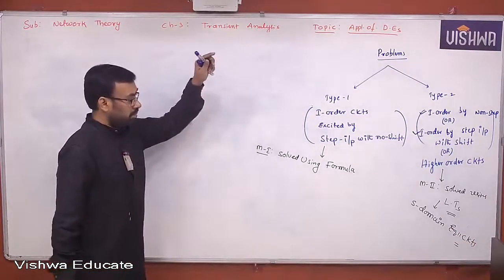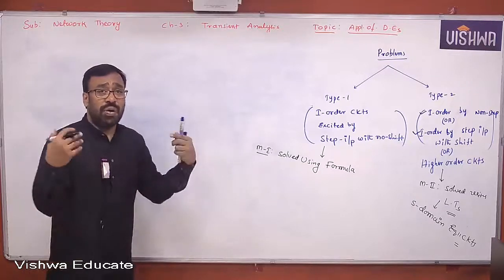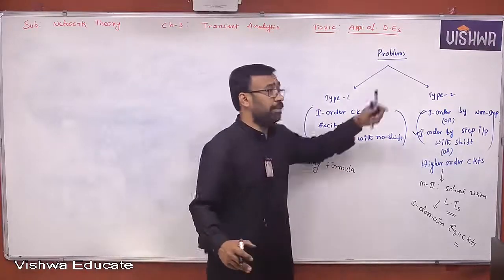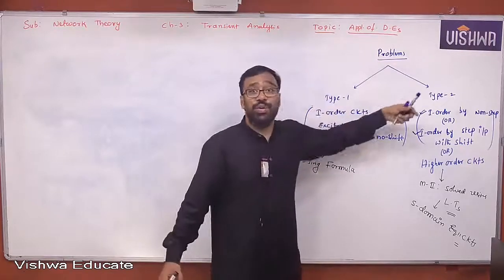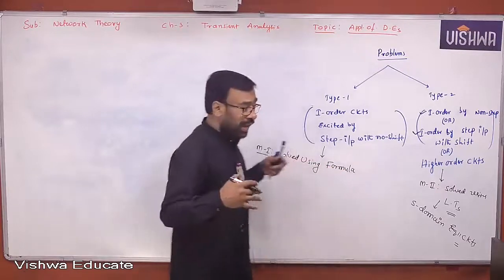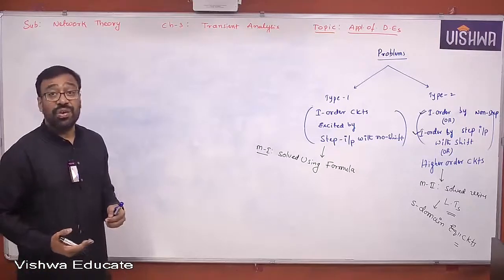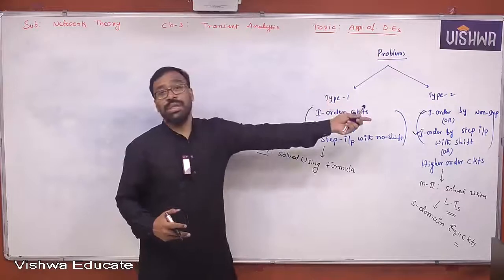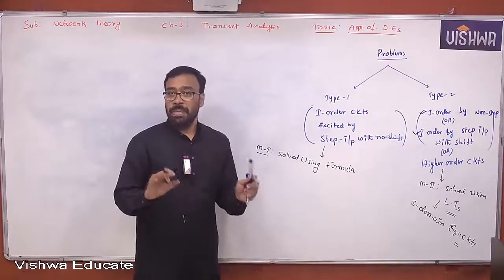So these are the total problems available in the transient analysis. You take any problem, that will fall under either type 1 problem or type 2 problem. There are two types of problems you have. Understand all of you, okay? So in this particular session and the coming couple of sessions, we deal with these kind of problems. Then we will go for dealing with the type 2 problems. Then we will see a mix of these two problems. I hope you understand the point.